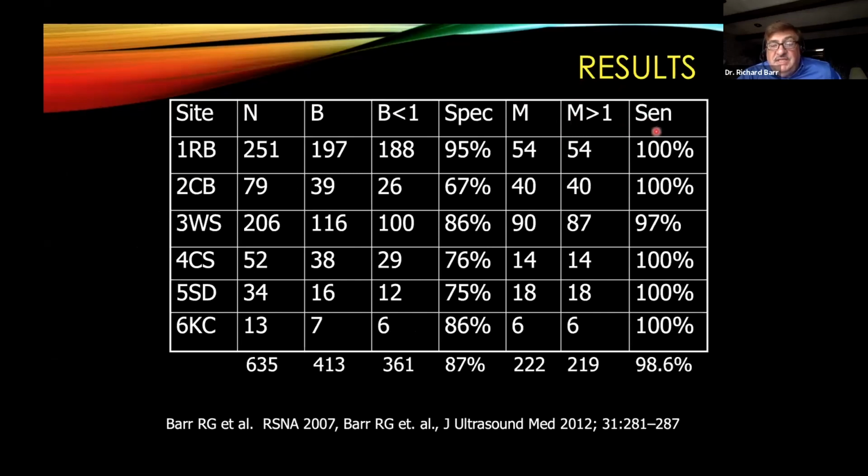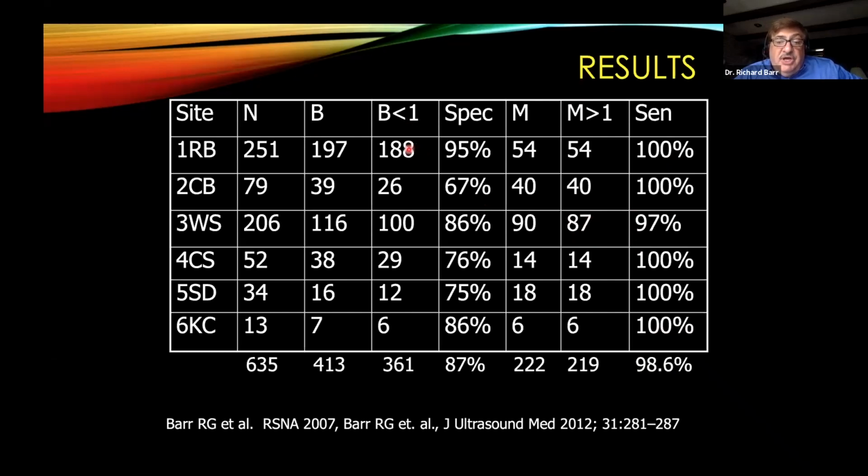You'll notice that the sensitivity of 5 of the 6 sites was 100%, and 1 site was 97%. So overall, 99% sensitivity. The 3 misses at this site actually were cases of DCIS and invasive lobular cancer, where we think the lesion on B mode was not measured properly. So that is one of the limiting factors in using this technique: you have to be able to measure the lesion well in B mode as well as in elastography.